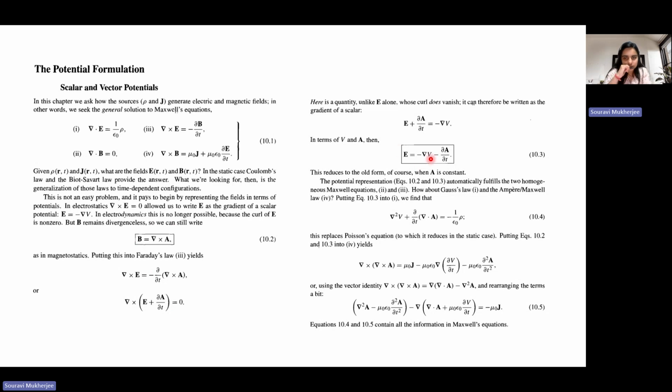So now if you know V and A, you can find the magnetic field, and you can also find the electric field, right? This is how the scalar and vector potentials are related to the expressions for the electric and the magnetic fields. Now what you can again do is put these expressions of electric and magnetic fields in the Maxwell's equations, right? Suppose you put this expression of the electric field in the